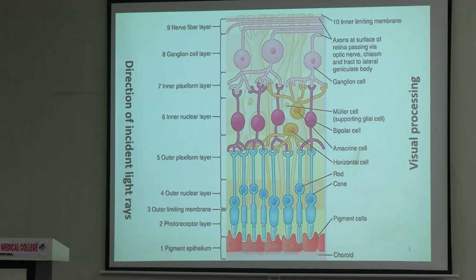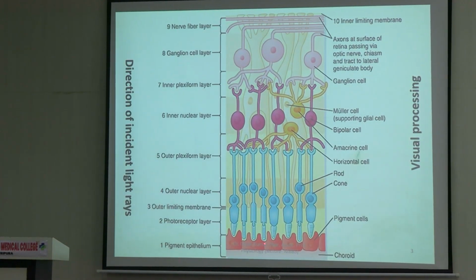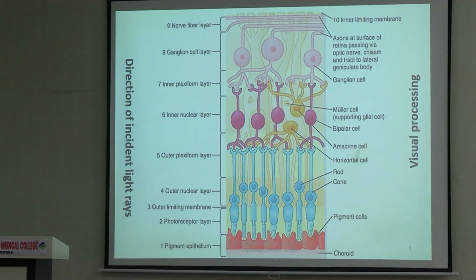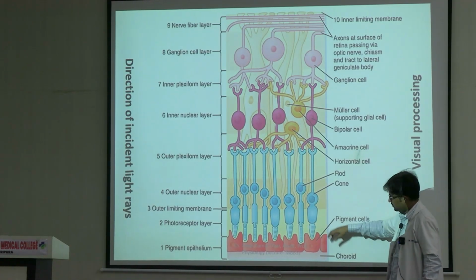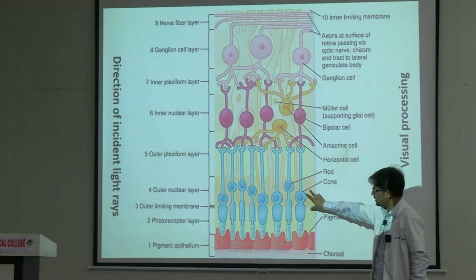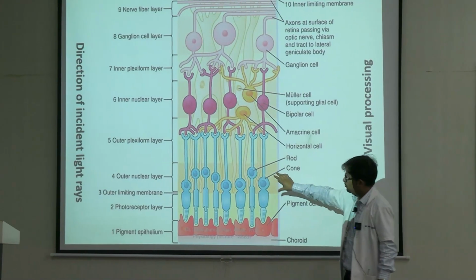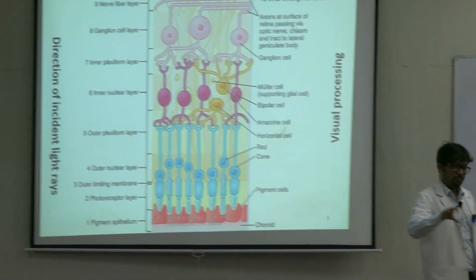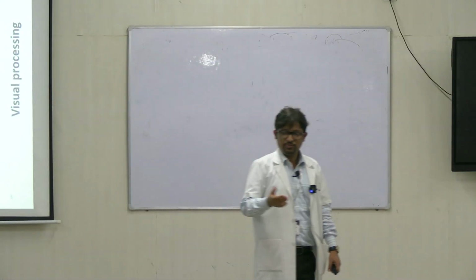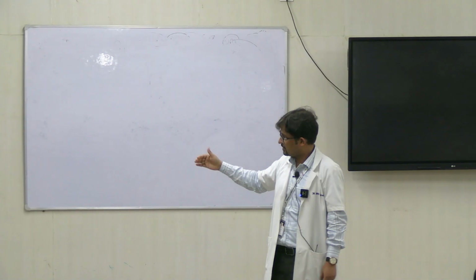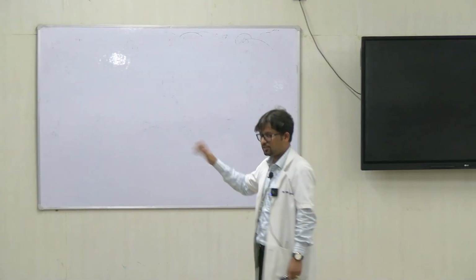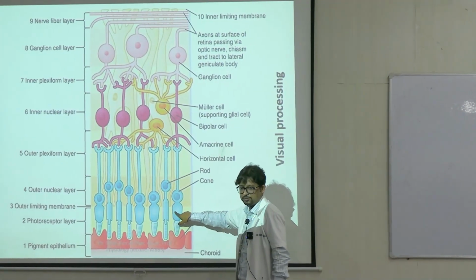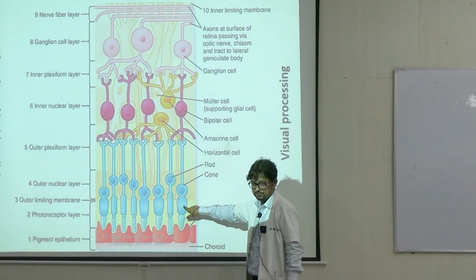10 layers. But if you look very carefully, how many cells do you see in series? Photoreceptor, one cell is the photoreceptor. Basic connections are actually this: photoreceptor, bipolar cell, ganglion cell. So the different names have been given to different parts of these. But actually, you will find that there is a connection in series between these three cells. So this is the part which is the receptor. So signal transduction starts here, right?